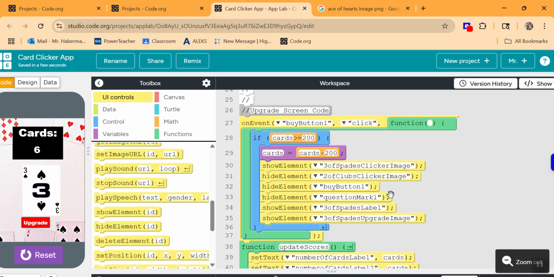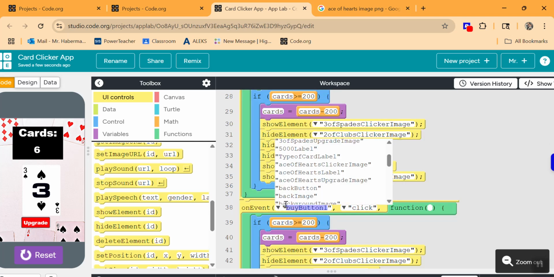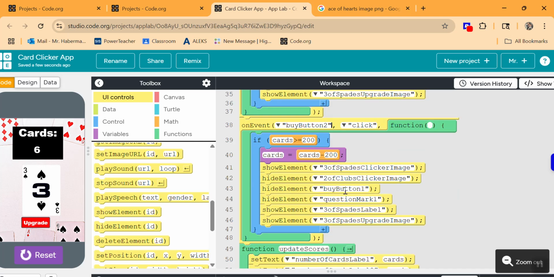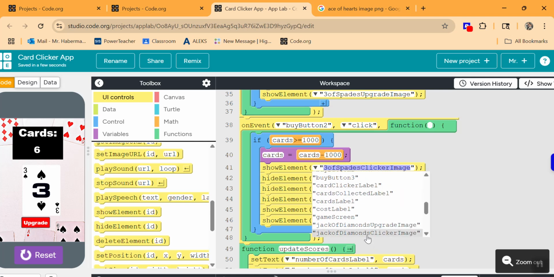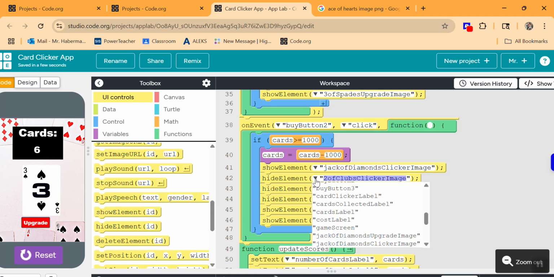But I need to finish all of my buy buttons now, though. So I've got one for buy button 1. I need one for buy button 2. When they click on buy button 2, that one costs 1,000. So they need 1,000, and we take their 1,000 from them. But then we need to show them the Jack of Diamonds clicker image, and we need to hide the 3 of spades